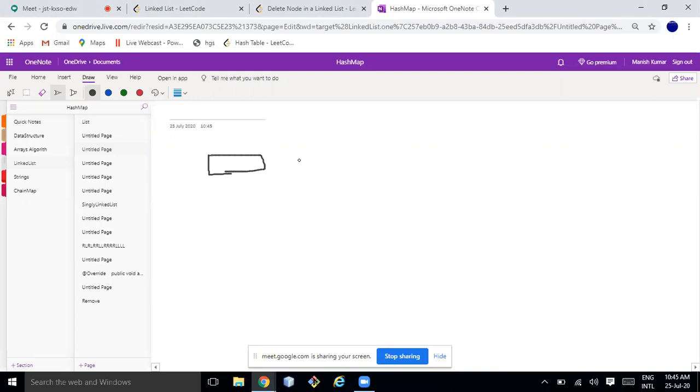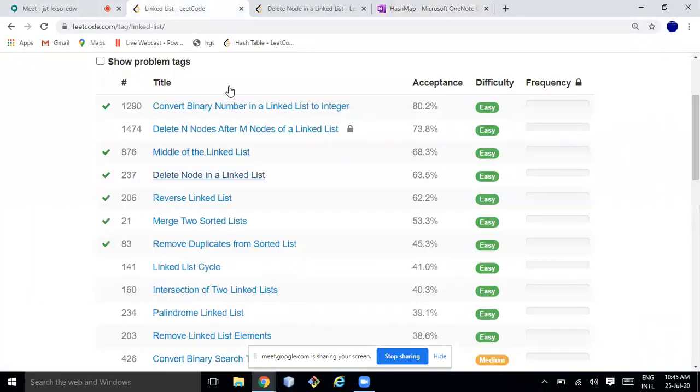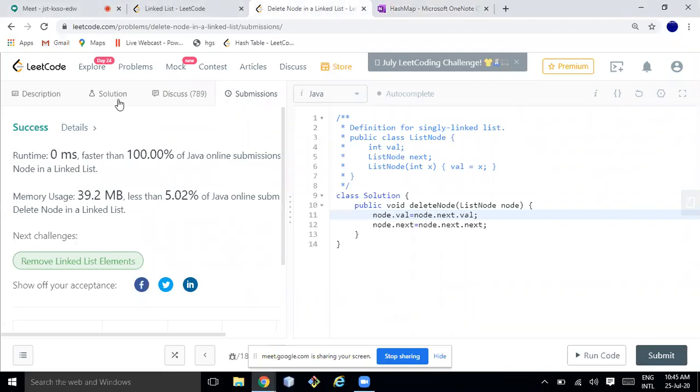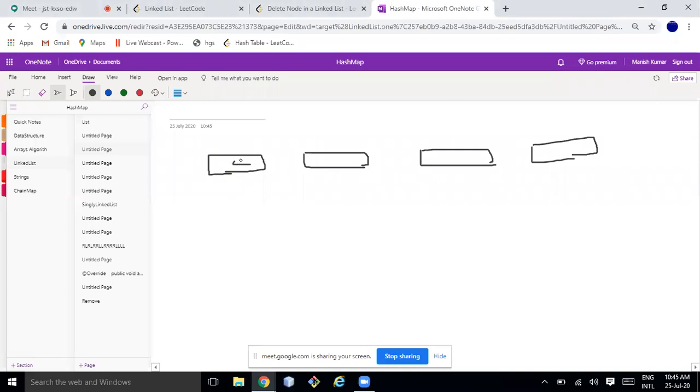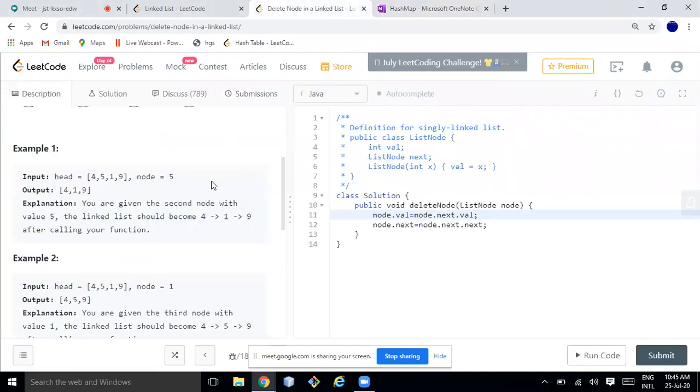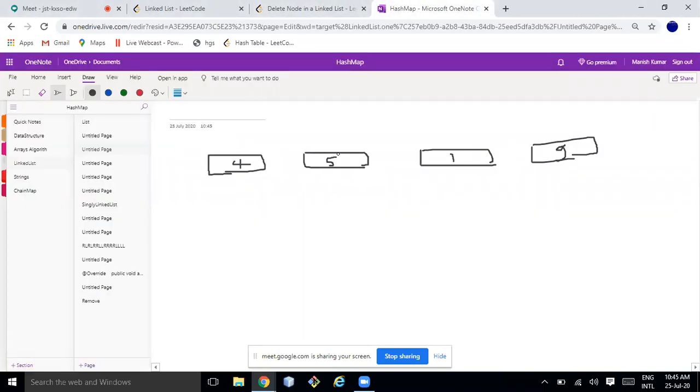So you have these 4 nodes. As mentioned in the problem, let's say one example was 4, 5, 1, 9. What do we need to delete? I need to delete node 5. I have to delete this node.